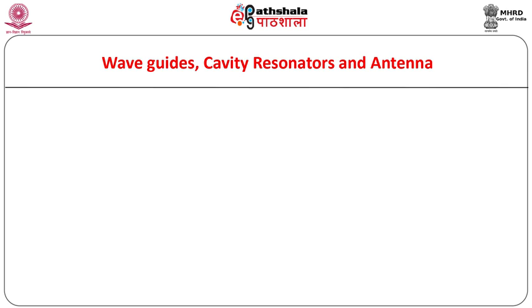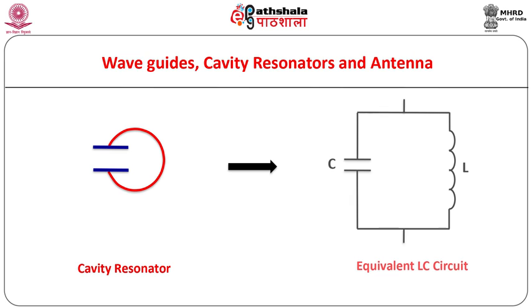The concepts of equivalent elements in circuit theory can be related to the phenomena in the field theory. Cavity resonators are a good example of it. Resonator is an electromagnetic energy storage device at microwave frequencies. We know that at low frequencies, a parallel combination of a capacitor and an inductor form a resonant circuit. To make this concept applicable for higher frequencies, the inductance and capacitance can be reduced with suitable decrease in geometrical parameters of the conductors.